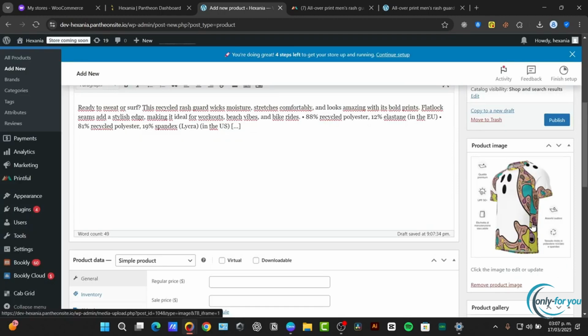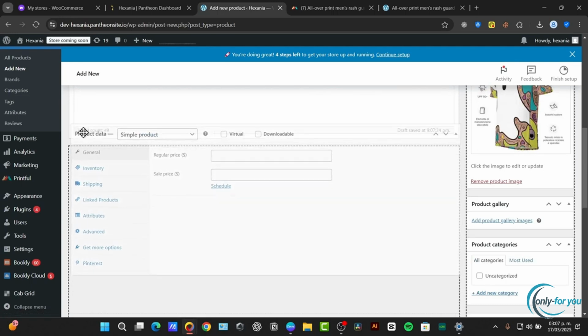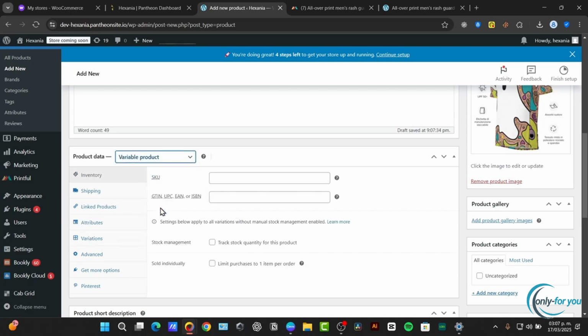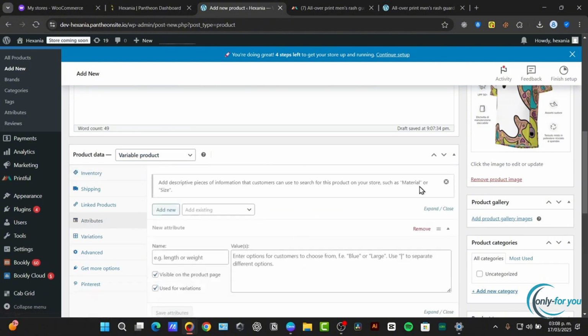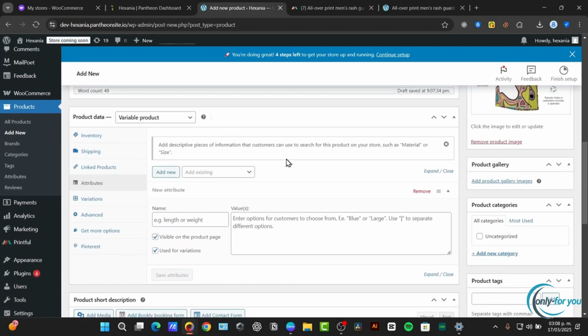But what is really important to do is to focus on the product data. In the product data, I'm going to just change this from simple product to variable product. Now the variable product is where you want to add more details. So let's go for attributes. In attributes, I'm going to be adding much information. You can add such as the material, the size, the colors, whatever. So I'm just going to add new,